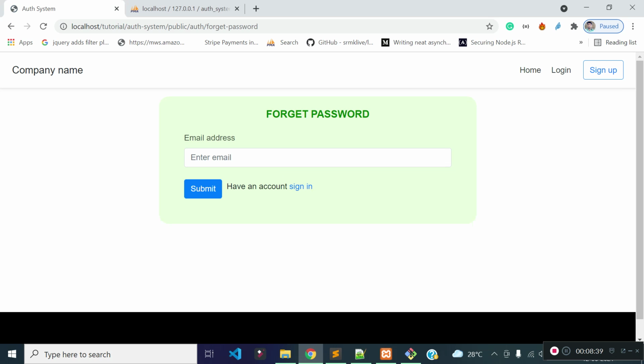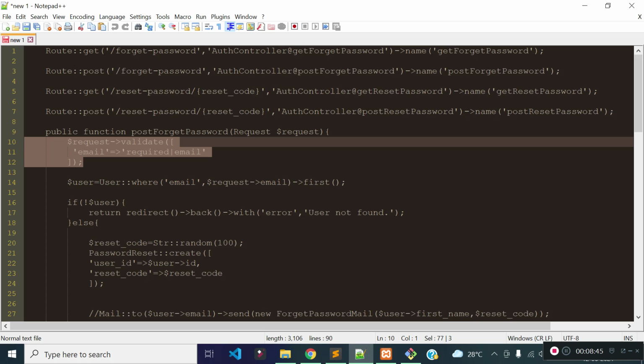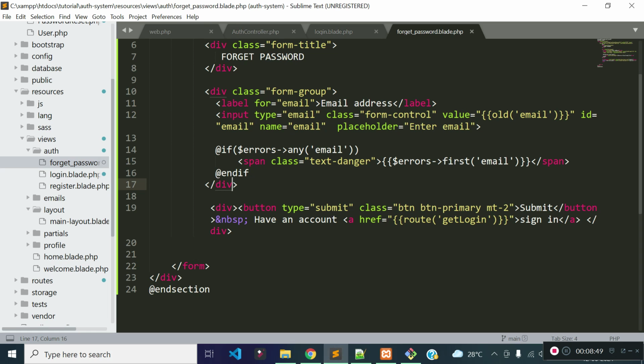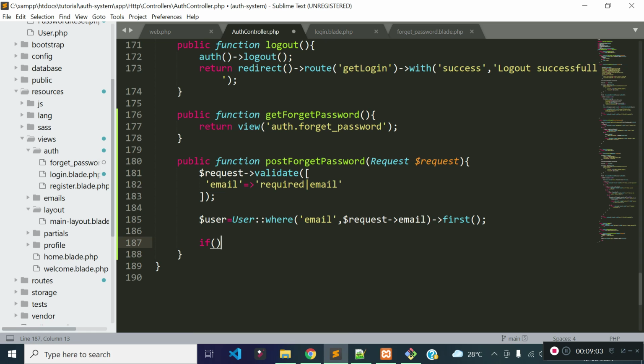Now let's check if there is any user exists with the email address user is entering. So I am querying our users table, user where email is equal to request email, and if there is any user then I am taking the first record, and if there is no user then what will I do?